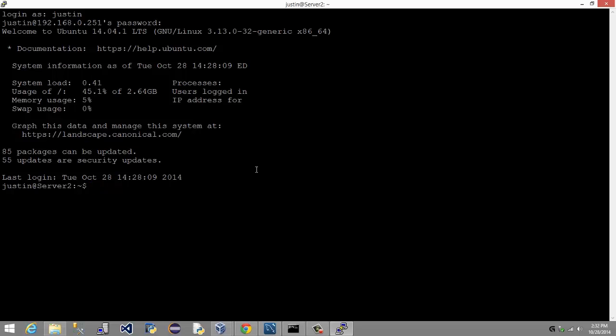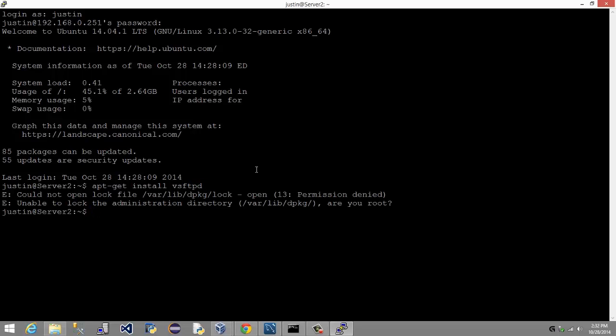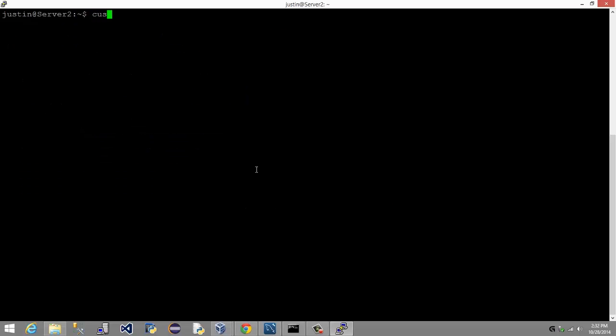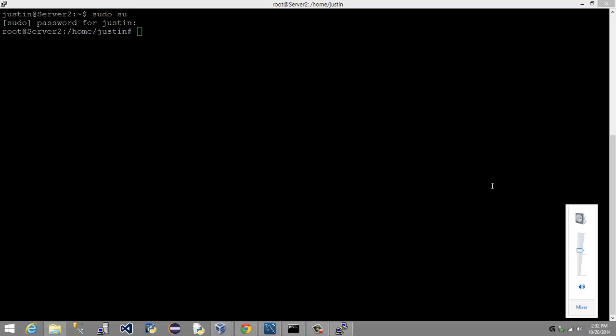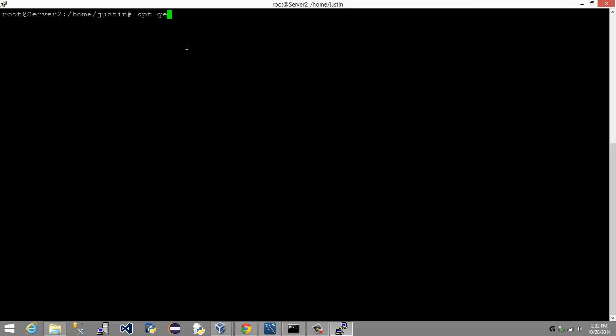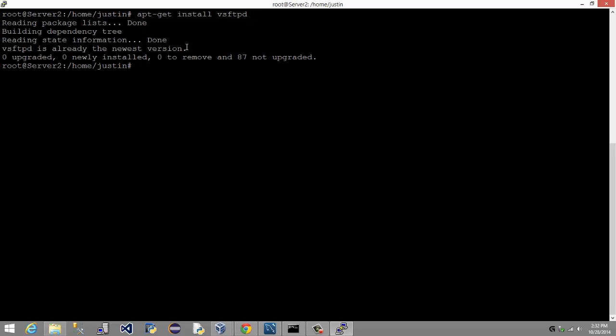So we did in our last, before I paused and gave that whole spiel about SSH and VirtualBox, if you did apt-get install vsftpd and then pressed enter. Excuse me, I need to give myself some rights. So sudo su, password, and let me turn my machine down real quick because that's going to get annoying. All right, and now if I do apt-get install vsftpd,